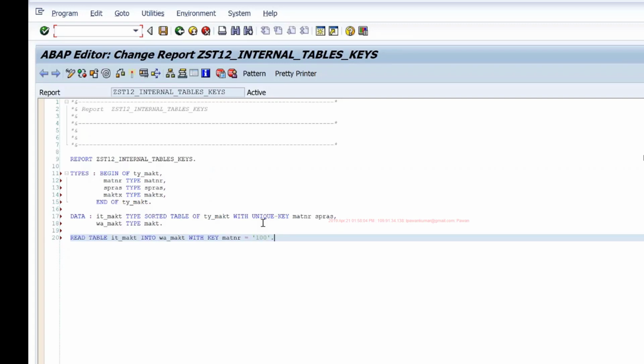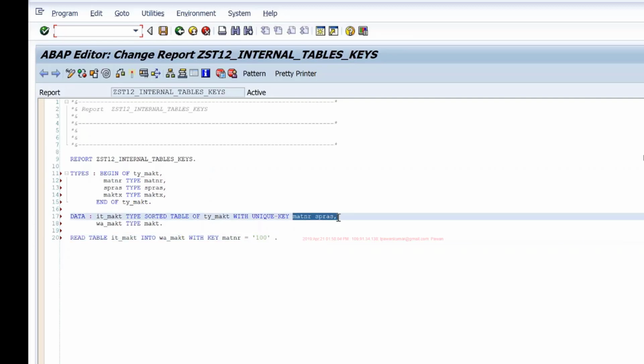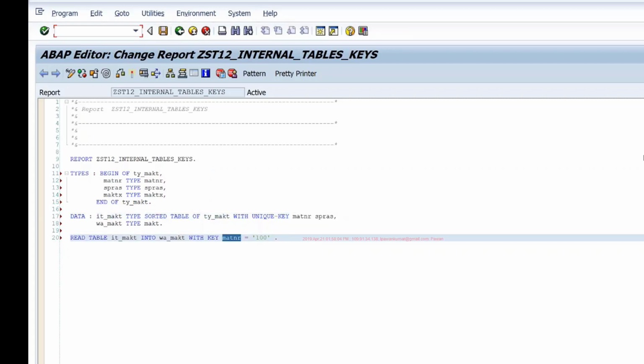If I do this, then the system cannot use that index. Since this is a sorted table, we've seen that it uses a binary search, right? For it to perform the binary search, I need to read the table based on both fields, the complete key of the table. If I simply read it by one field, it cannot perform the binary search.